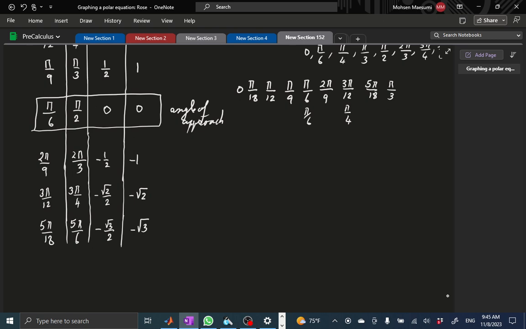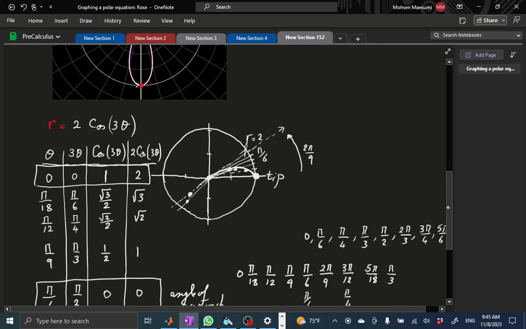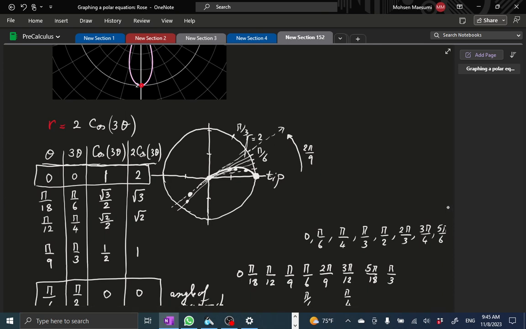And let's go to a nice point, pi over 3. Triple of that is pi. Cosine of that is -1. And we have reached the tip, -2. So let's go back up here. Where was it? So at pi over 3, by the time our angle comes to pi over 3, we have gone to the other side. We are at -2. So the picture has reached this